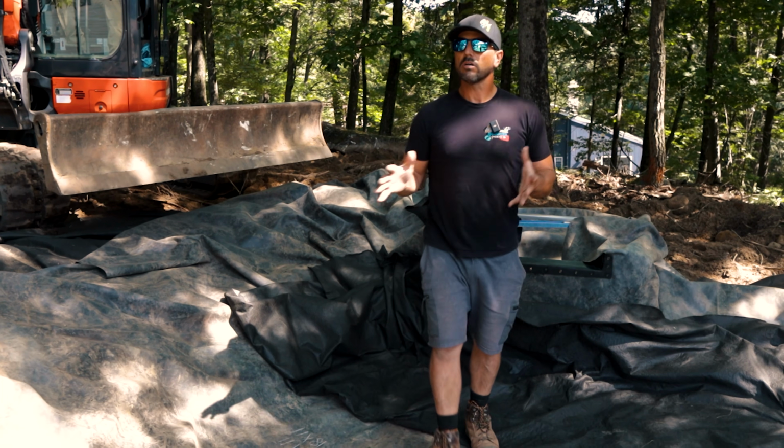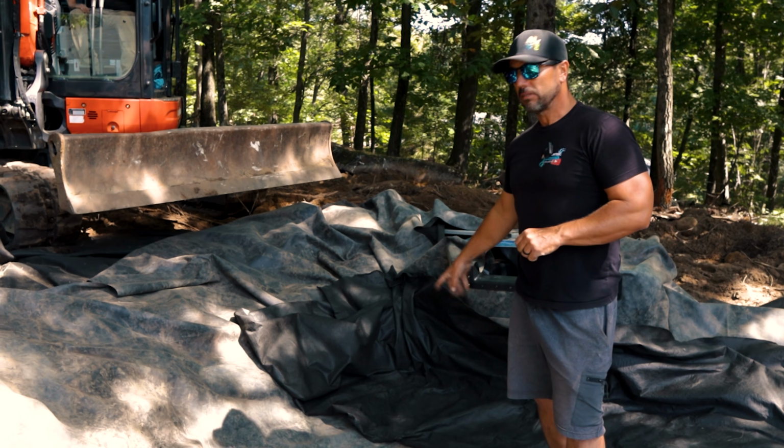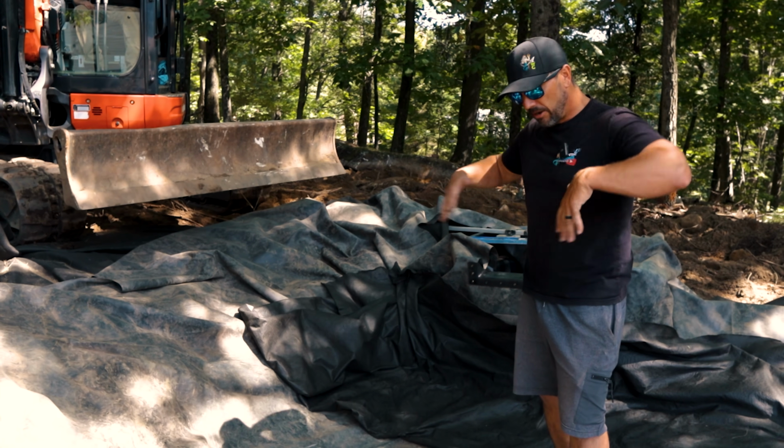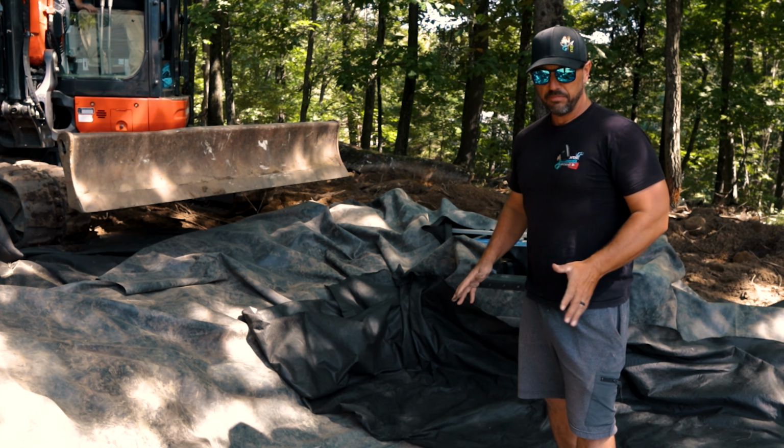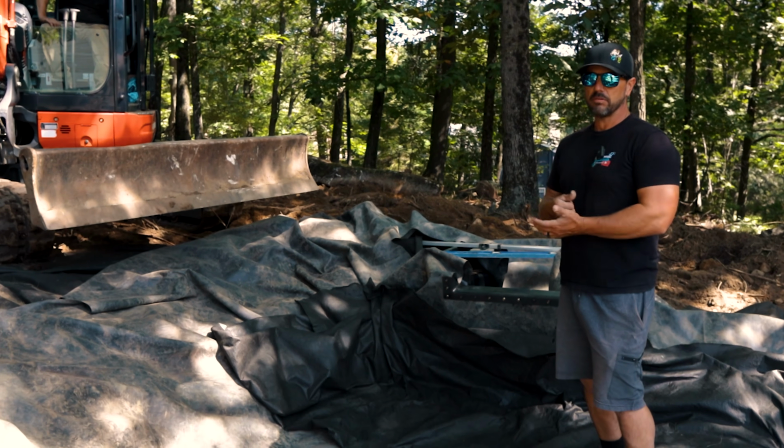Now it's important, if you're going to build your own waterfall, you're using plenty of fabric. So that's what I've got here. This is doubled up fabric on top. Underneath this entire thing, we doubled up fabric as well. This way, when I set that big monster boulder in here, it's not gonna give us a problem with the